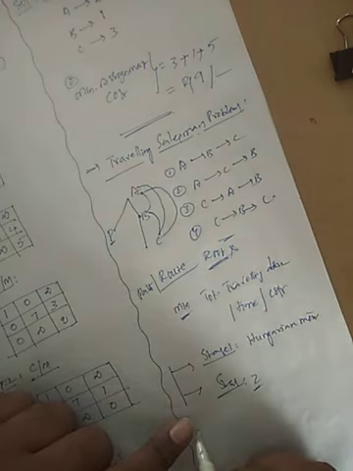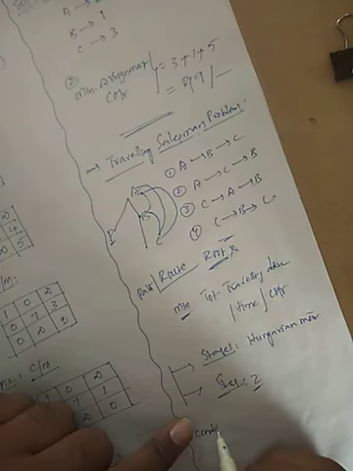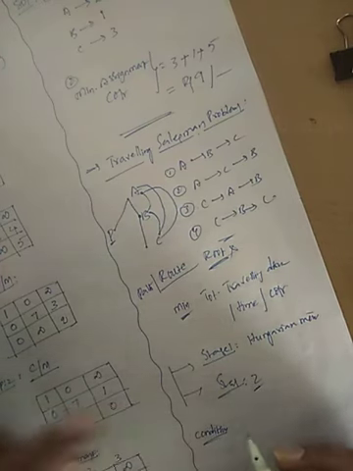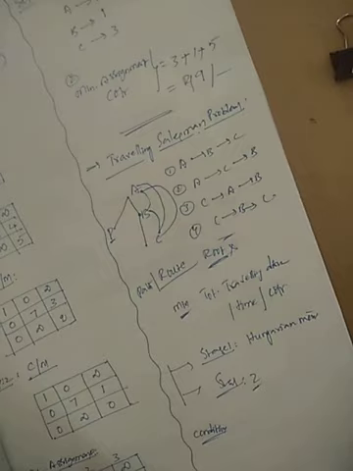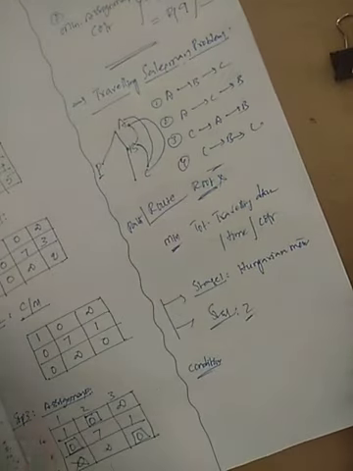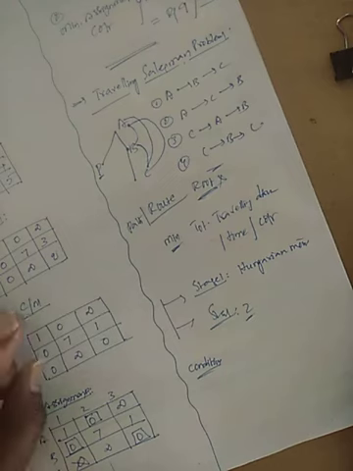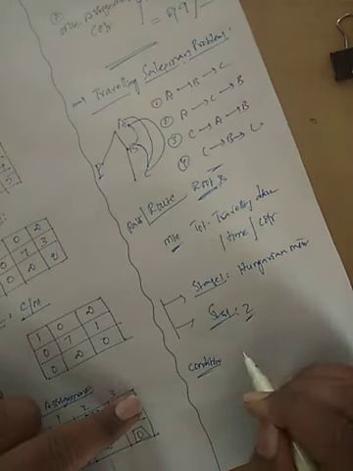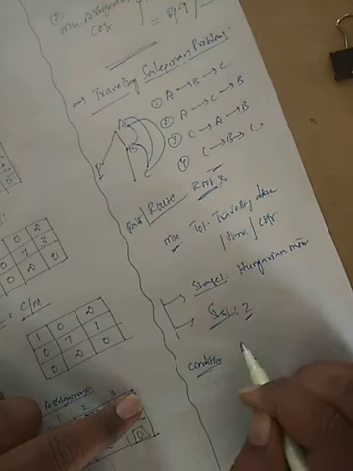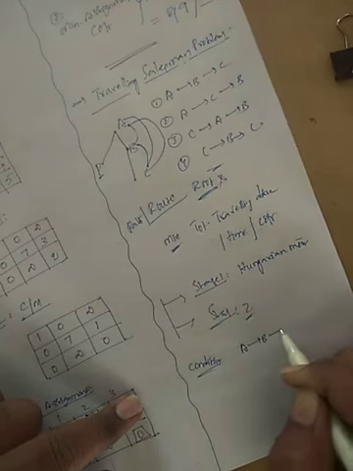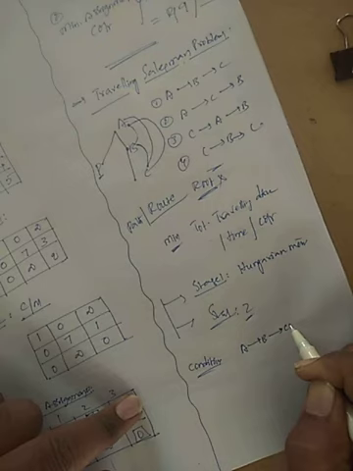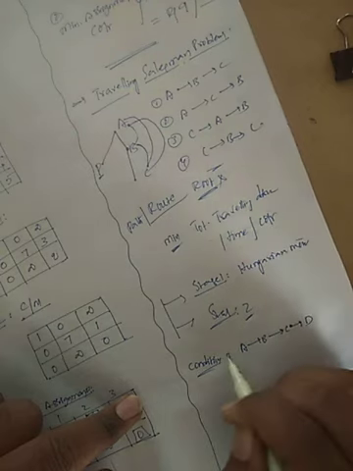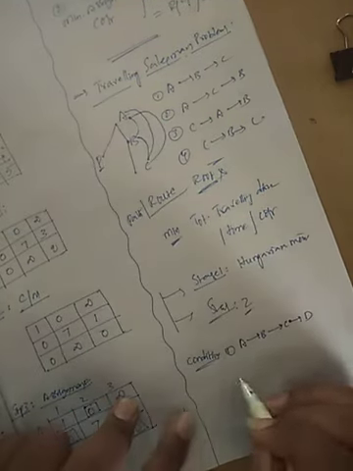Now here a doubt arises: what is that condition? The condition of the traveling salesman problem is that the person should travel to every city only one time. He should not repeat. So let us suppose I write one path like this: A to B, B to C, C to D.